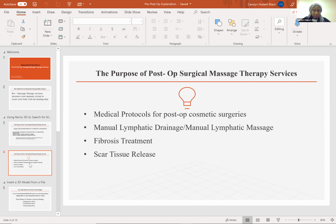it was light because of the location of where the lymph nodes are located throughout the entire body, ladies. The lymph nodes are very, very superficial. There's no need to go deep. The purpose is to drain the fluids